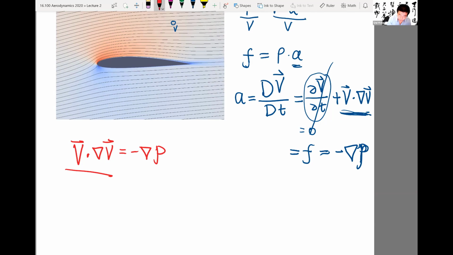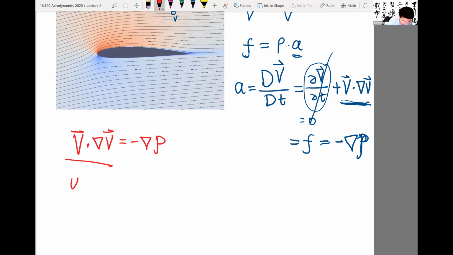So let me just give you a little bit more physical illustration of what this is. So let's first of all write this out in full form, basically try to get rid of this nabla operator. This is really u times partial x. So let's actually look at this parenthesis, what this means. This means u times partial x. Let me just write it in a little bit more simpler form. Plus v times partial y. So that is what V dot nabla means. Okay. This is equal to minus